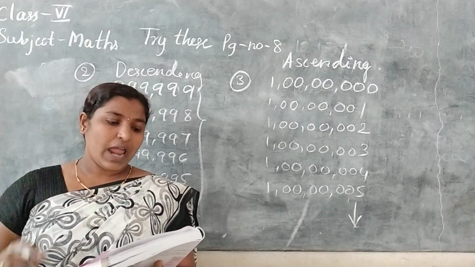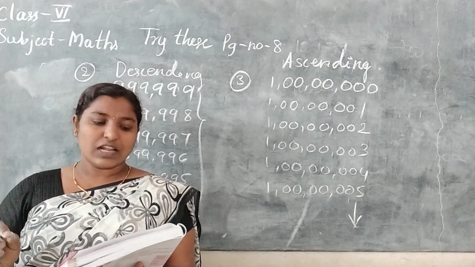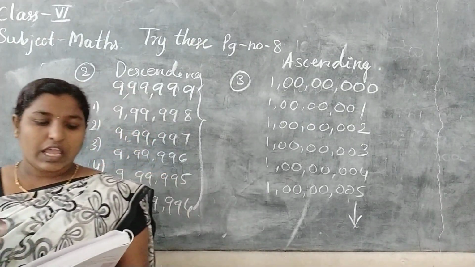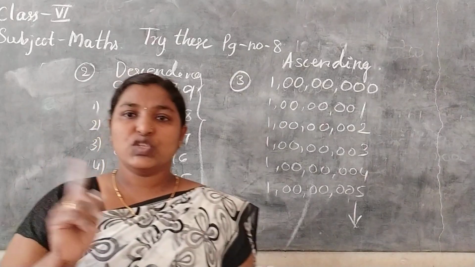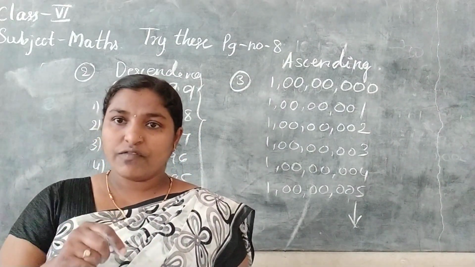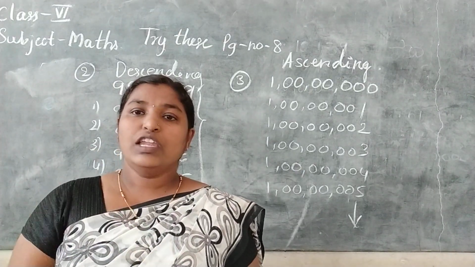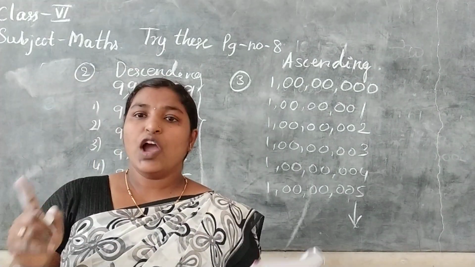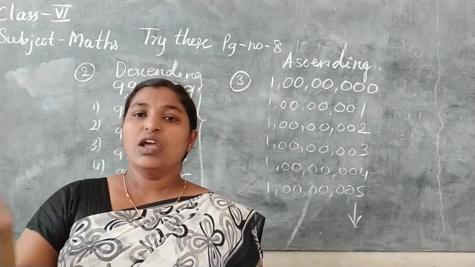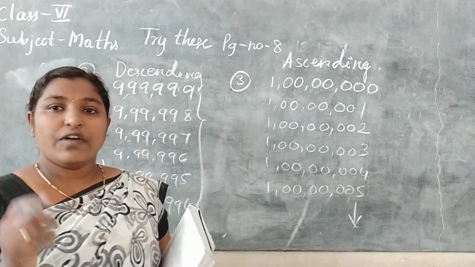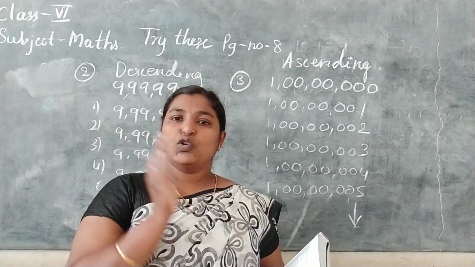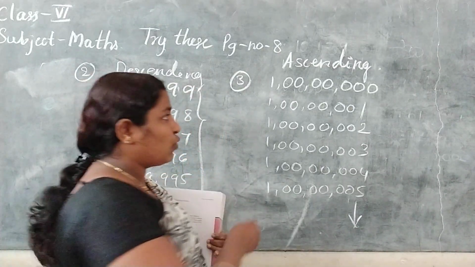Got it? Next, go for an aid in reading and writing large numbers. Try reading the following numbers. They have given A, B, C, D, 4 problems. There is no comma, so use the comma and write it, comma first and then read it. Then you try to write it. I told you yesterday how to use the comma. According to the Indian system of numeration, according to the periods, after the first 3 digits you should give a comma. After that, after every 2 digits you should give a comma.